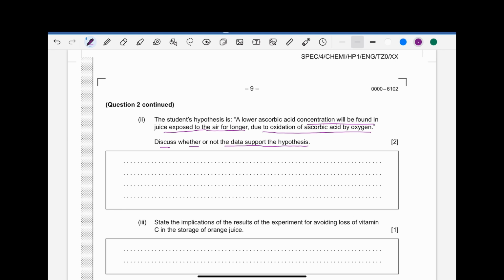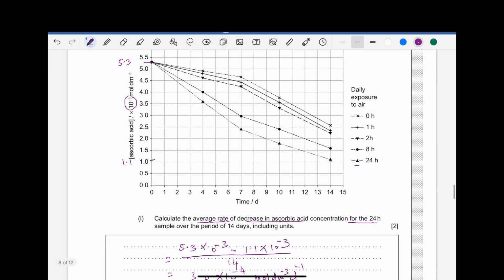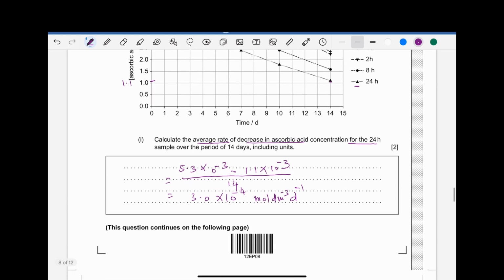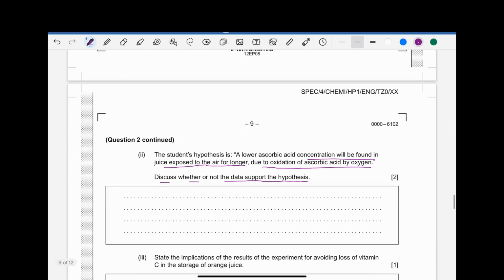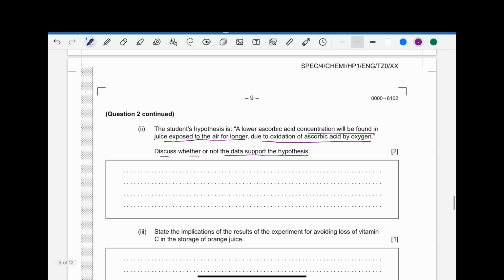So let's go back and look into the graph. You can see for 24 hours the minimum concentration of ascorbic acid is there, so that shows yes, because for longer time the concentration decrease is higher. So yes, or we can say